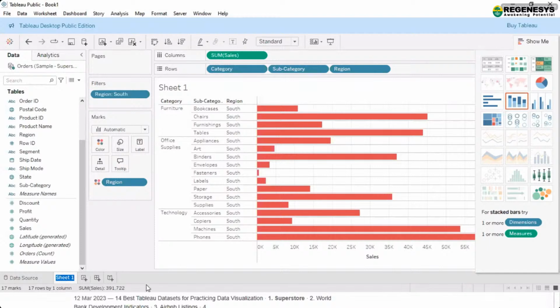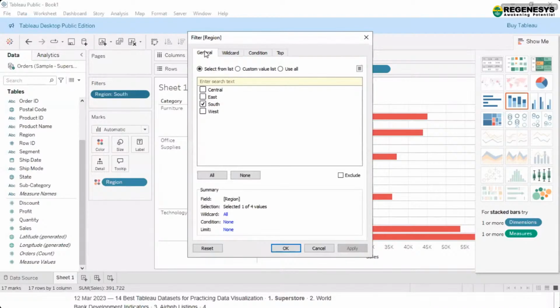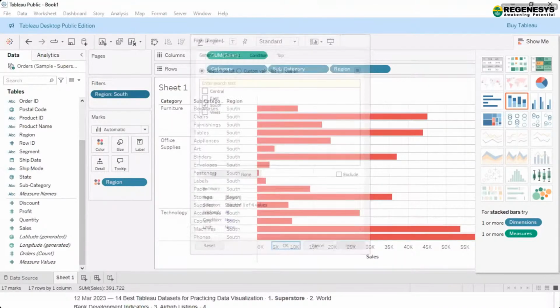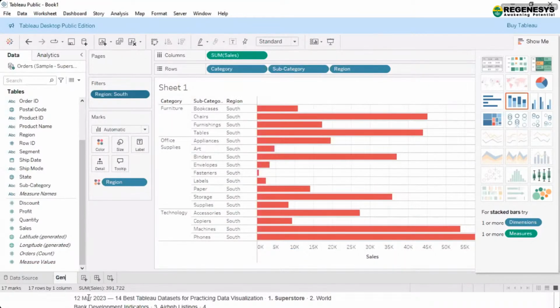So now here what I have done is I am using the filter. Which filter? It is a general filter. So I'm just creating the first tab which says general. As soon as I do this, you can see this is also getting changed. Here I have selected the region South, so only the data which is available for South I'm getting here. You can see for chairs, I'm getting sales 45, then subcategory, then region and furniture.